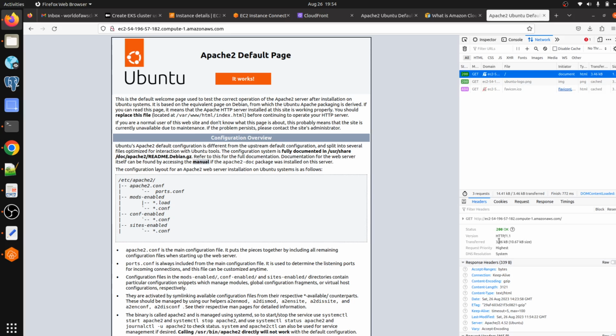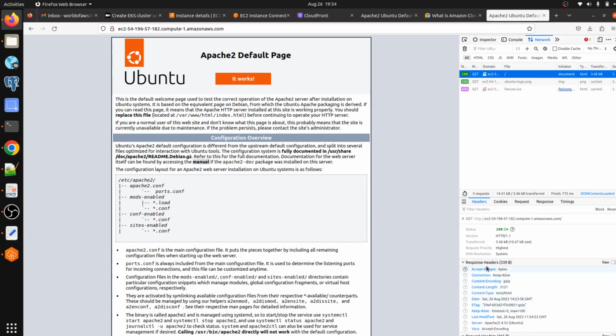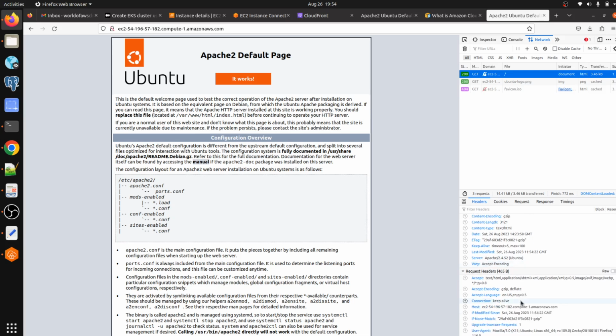Transferred 3.4 KB, and 10.6.67 KB here. Okay, so here we can see a lot of headers. You can see the last modified date and the server, Apache. So we can see that.